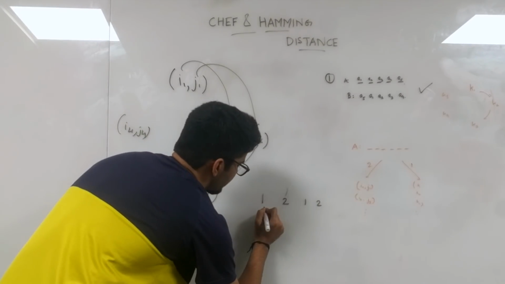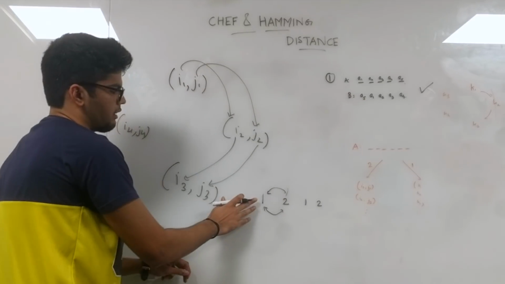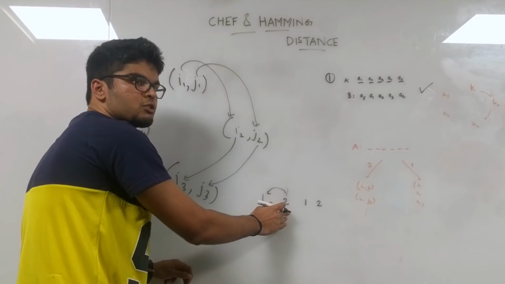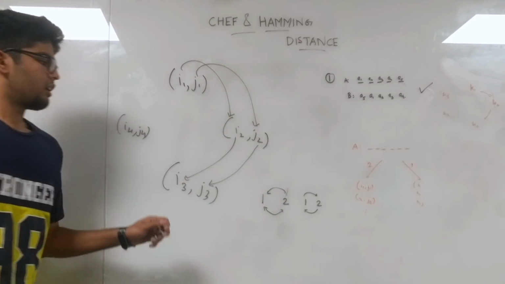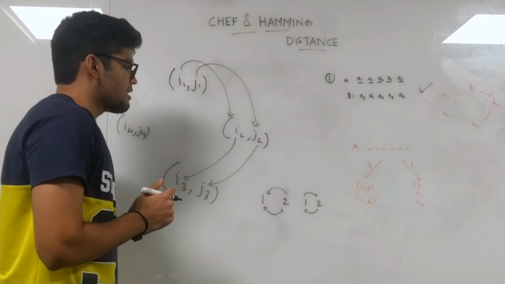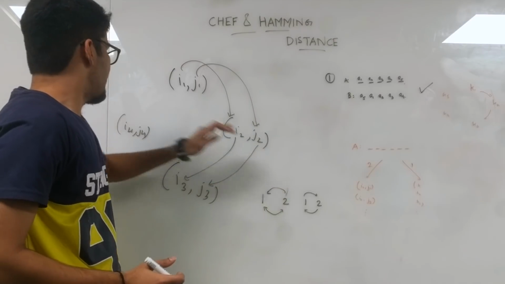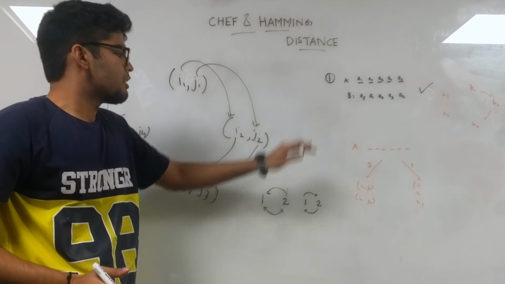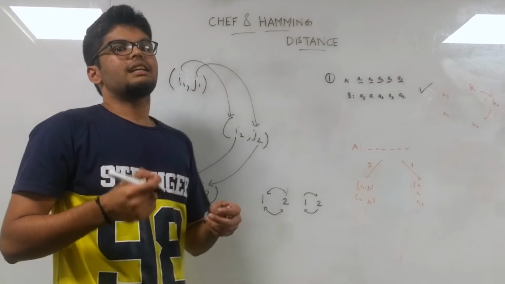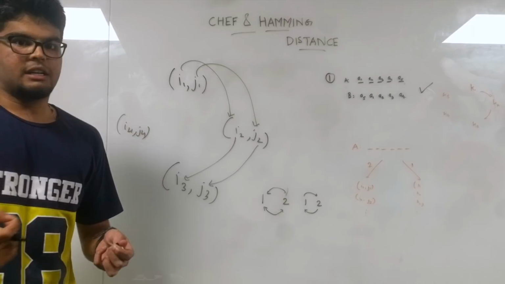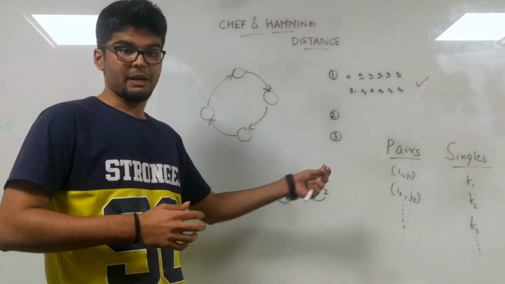All you need to do is swap the first occurrence of 1 with the first occurrence of 2 and the second occurrence of 1 with the second occurrence of 2. If you use this technique, then the Hamming distance between the given array A and the array B that you construct in this fashion will be maximum, because the elements at each index are different. Now that we have solved the two subparts of the problem independently, let's see if we are